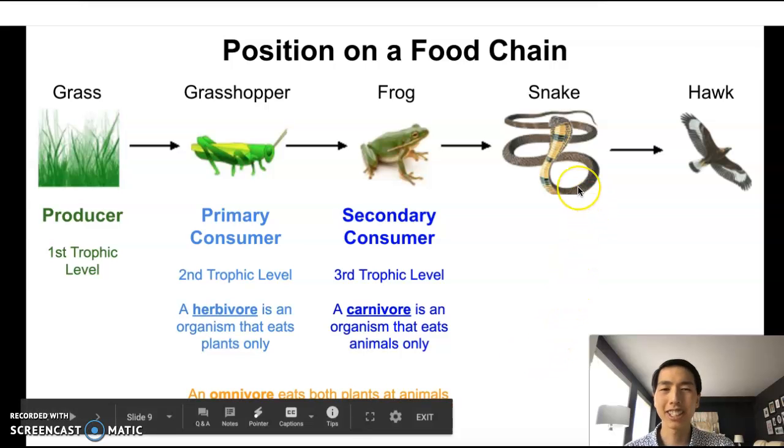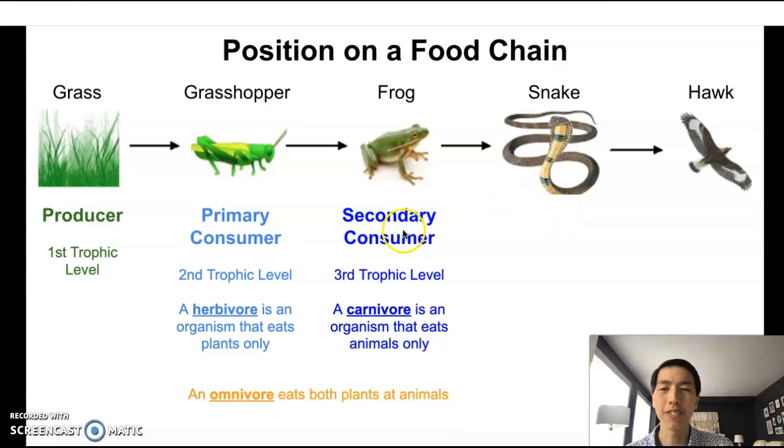Now we get to the snake, and we're just gonna go one level up. So I'm gonna start with trophic level. If the grass was the first trophic level, the grasshopper was the second trophic level, the frog is the third trophic level, then the snake is going to be the fourth trophic level. Now, what about the consumer level? The grasshopper was the primary consumer, then the frog was the secondary consumer. So now the snake is going to be the